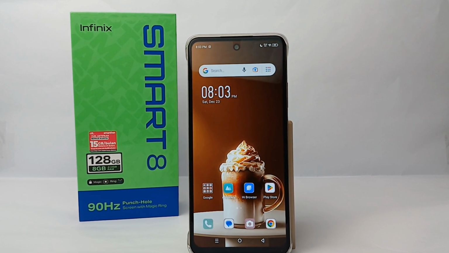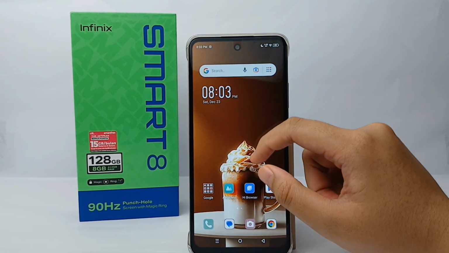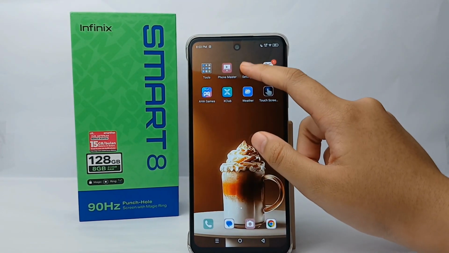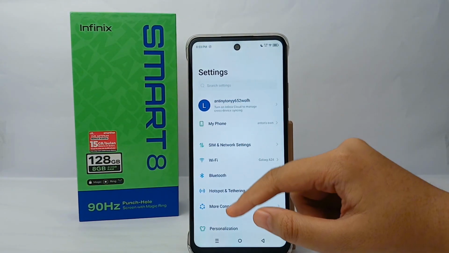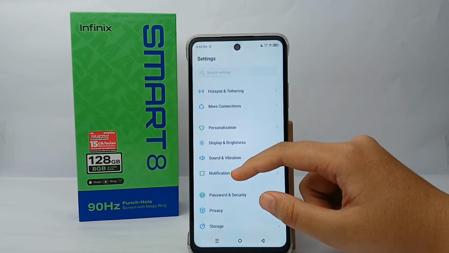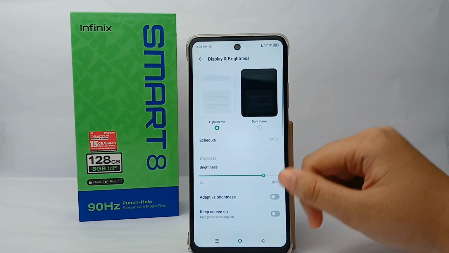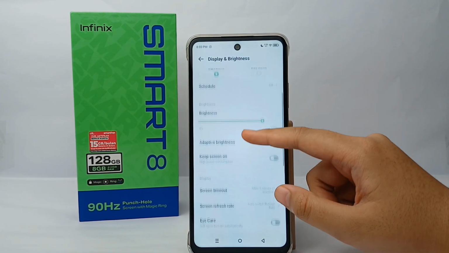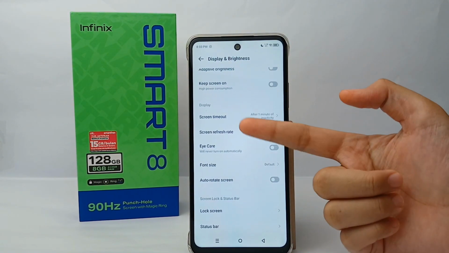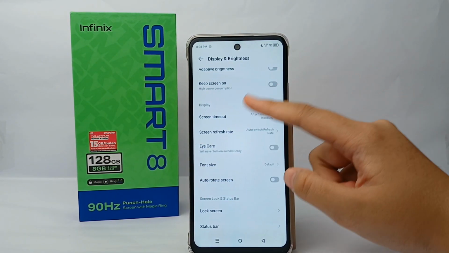Okay, so to set screen timeout, first thing first that you have to do is go to the settings menu on your phone, and then here you can scroll down a little bit and go to display and brightness, and after that you can scroll down again a little bit and you can click on screen timeout,